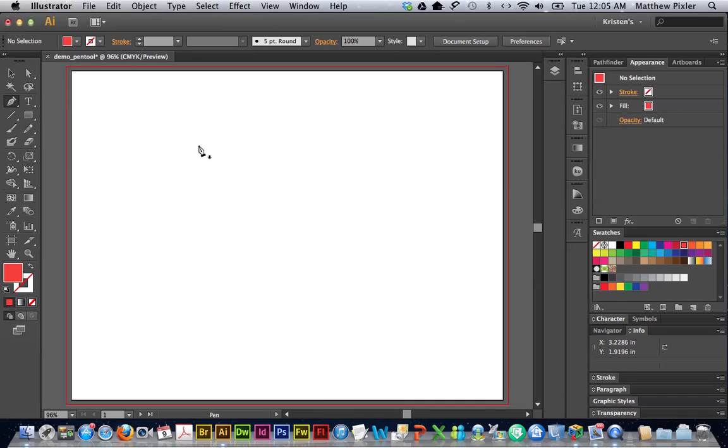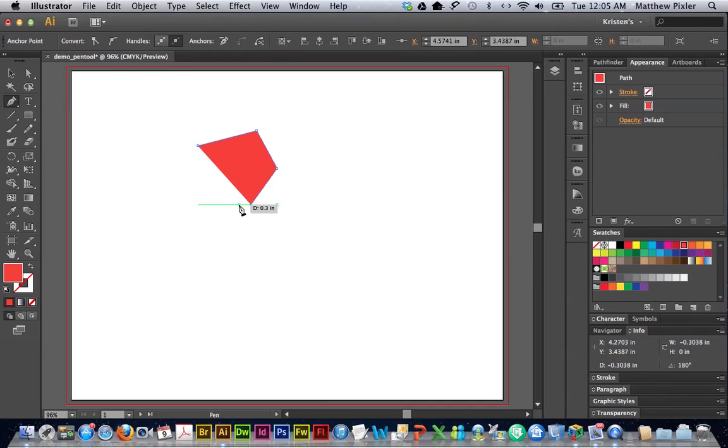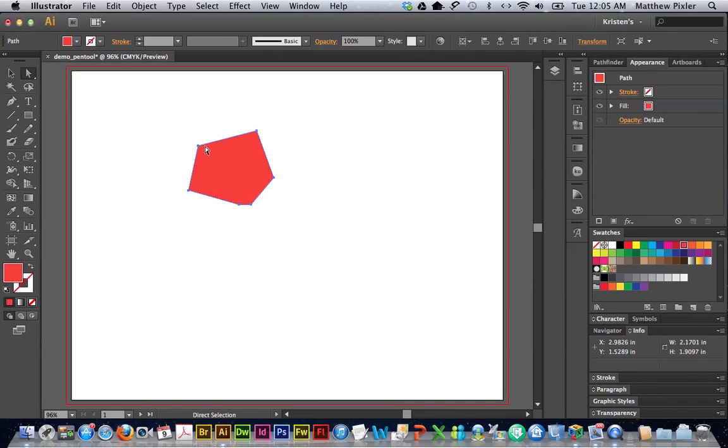on the pen icon. Now if I just go through and click without dragging when I'm clicking, I'm making corner points. Notice when I click on any of these corner points and drag them out, there's no handles that come out. Now if I click on any of these points, and I can shift click on multiple ones,